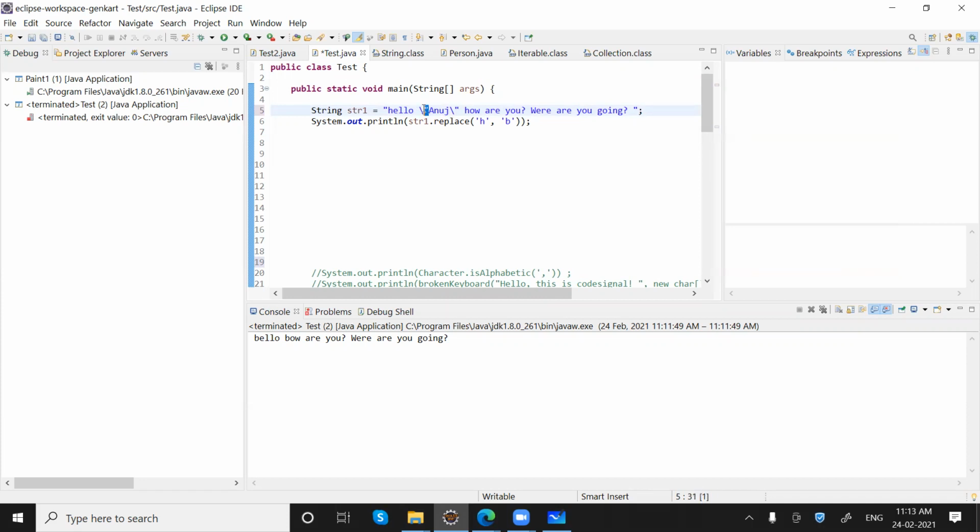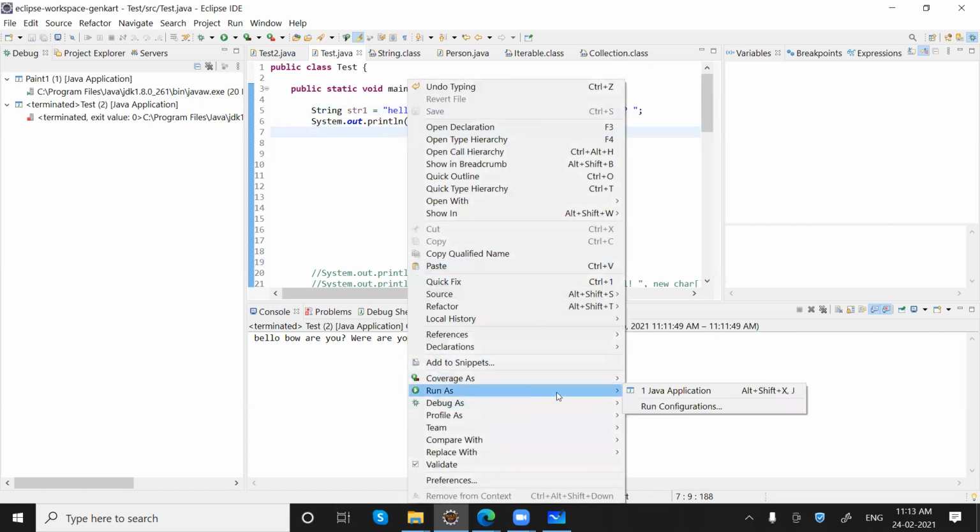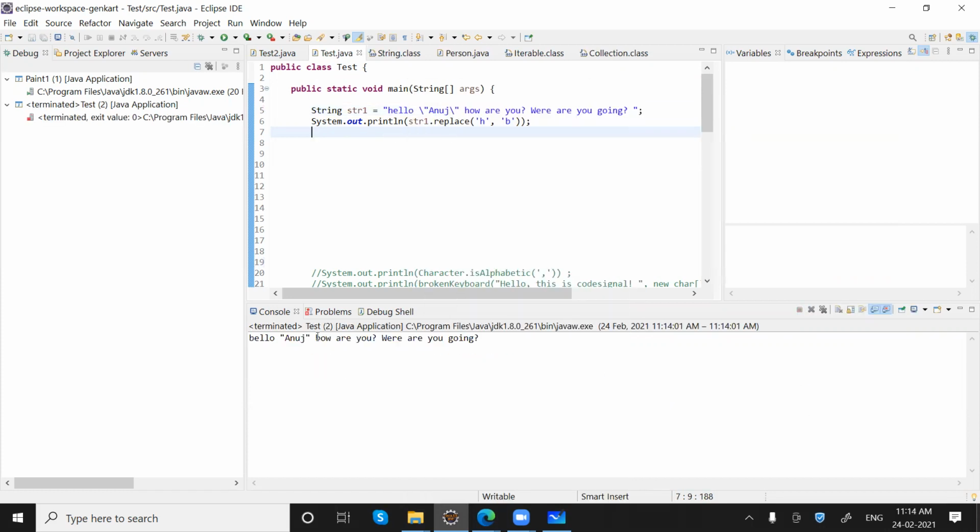So a backward slash followed by quotes. That will be printed like this. You can see we are getting double quotes.